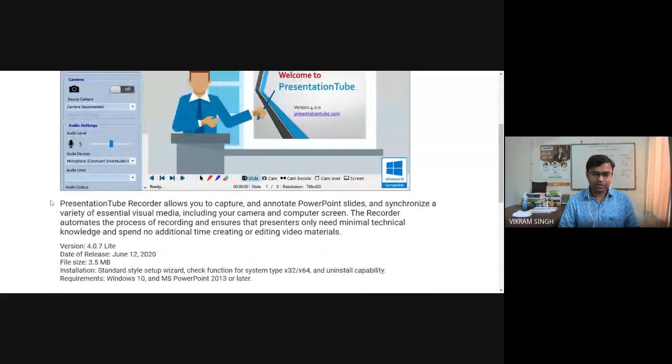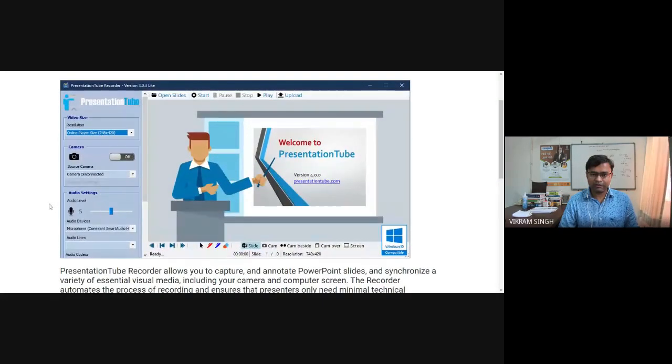Yeah. So typically in the presentation tube, we have these 4 modes available. One is typically used to record the screen movement. Naturally, whenever we are recording something, it will always have this audio element into it, right? So in this presentation tube, we have 4 modes. In each mode, there will be the audio of the presenter basically.